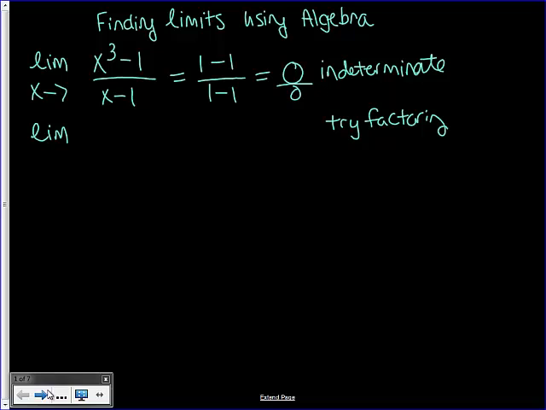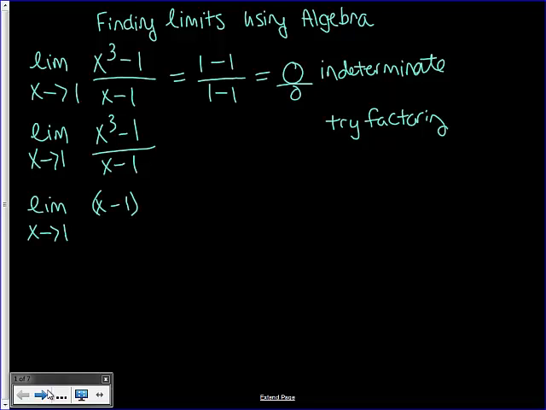So the limit as x approaches 1 of x cubed minus 1 over x minus 1 can become, now again, I always have to rewrite my limit part until I plug in my 1. So we're going to say the limit as x approaches 1 of x minus 1